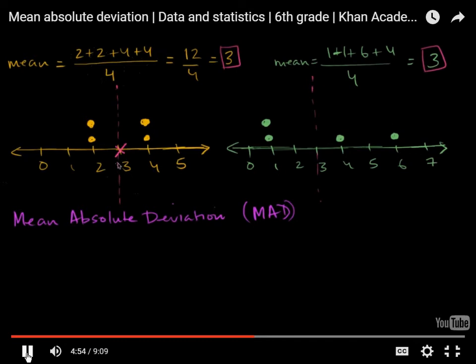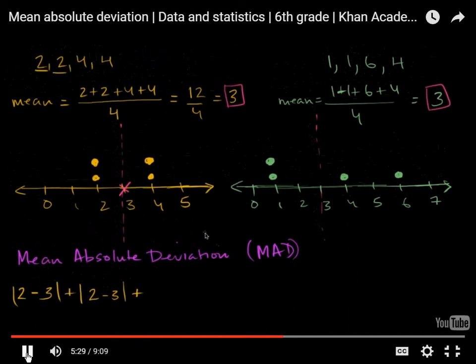So we've been able to figure out what the mean is. The mean is 3. So we take each of the data points and figure out its absolute deviation from the mean. We take the first 2, so we say 2 minus the mean, and we take the absolute value. So that's its absolute deviation. Then we have another 2, so we find its absolute deviation from 3. Remember, if we're just taking 2 minus 3 and taking the absolute value, that's just saying how far is it from 3? It's pretty easy to calculate in this case. Then we have a 4 and another 4.